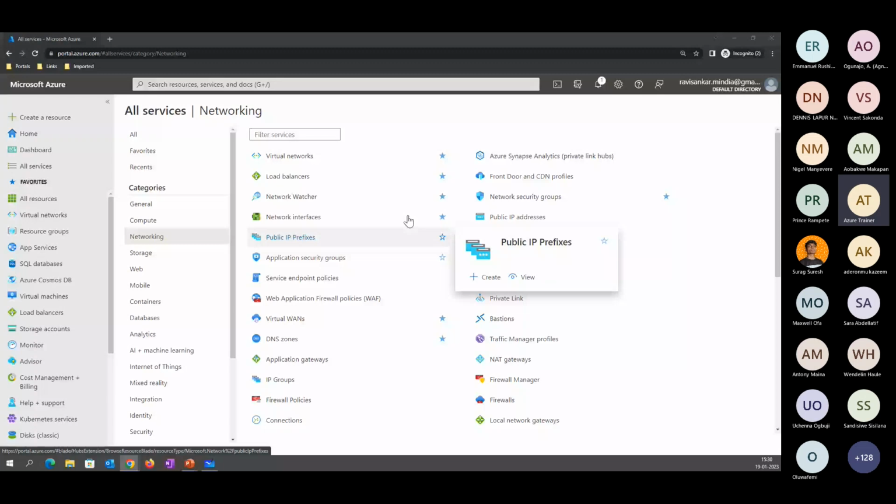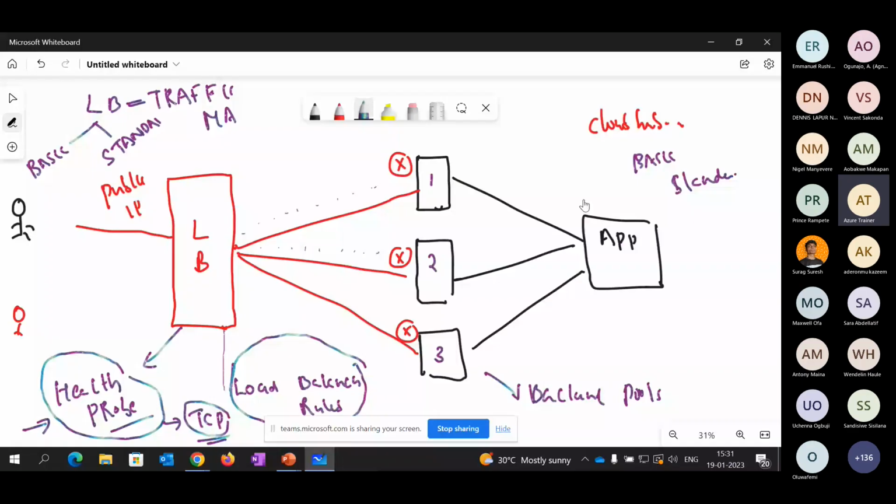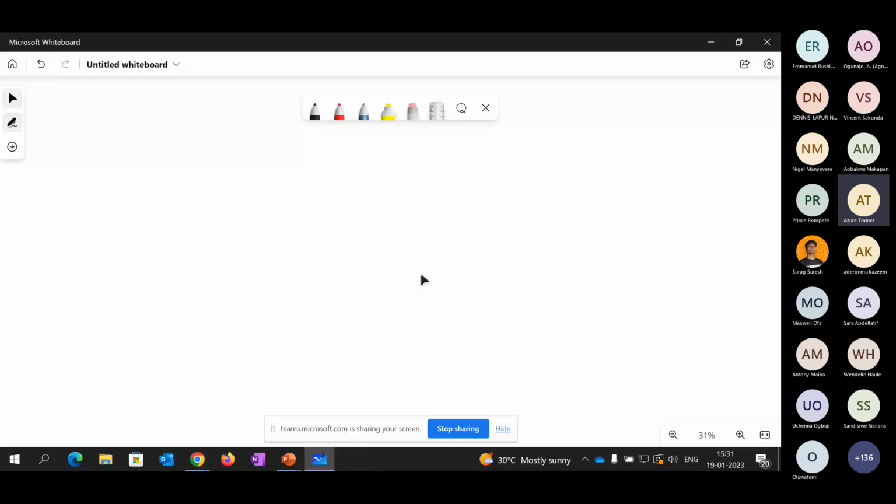So let's start. We were discussing the concept of networking here. We are starting with the first topic: how to assign an IP address. Let's start with how to assign a public IP address. When we discussed Azure Fundamentals, or you may already be familiar with the concept of